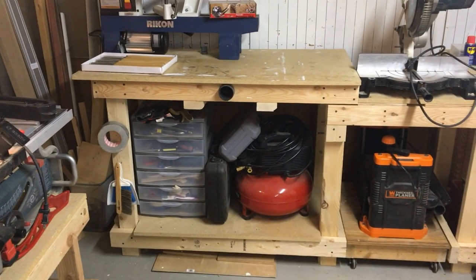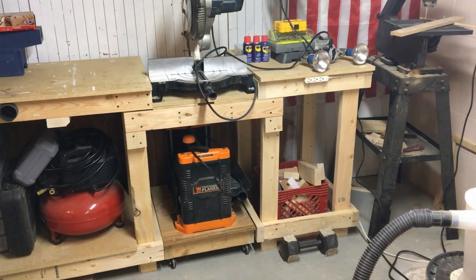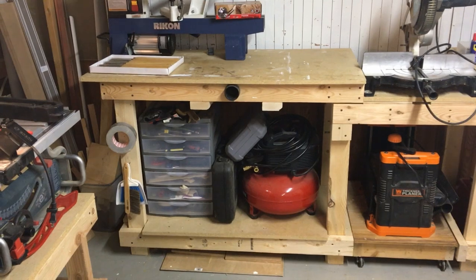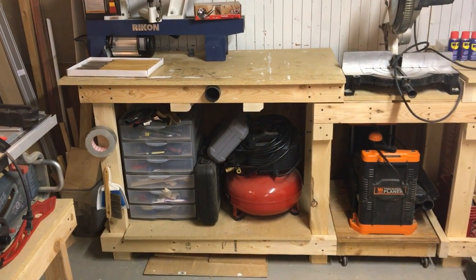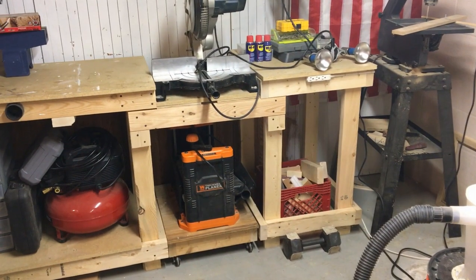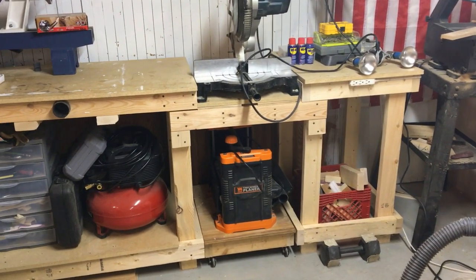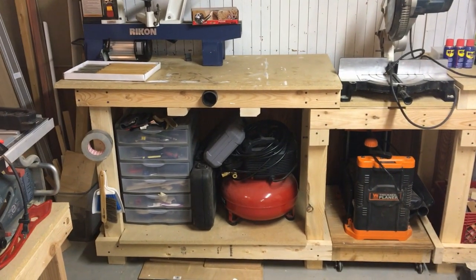I'm going to be giving you a few basic measurements on this. I'm also going to be taking it apart and showing you some in-depth things about it, some reviews on how it's been. I've had it for almost a year now, so so far it's been working out great. I really don't have any complaints other than,